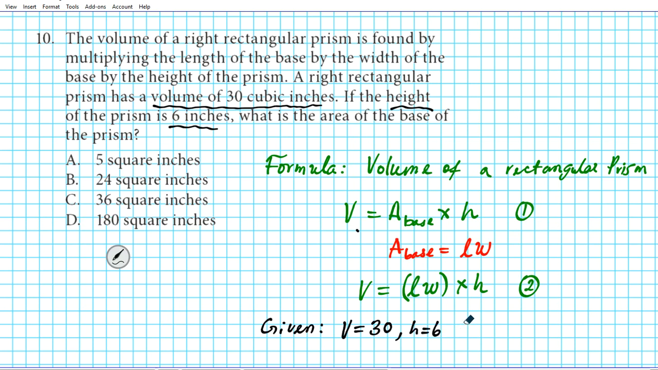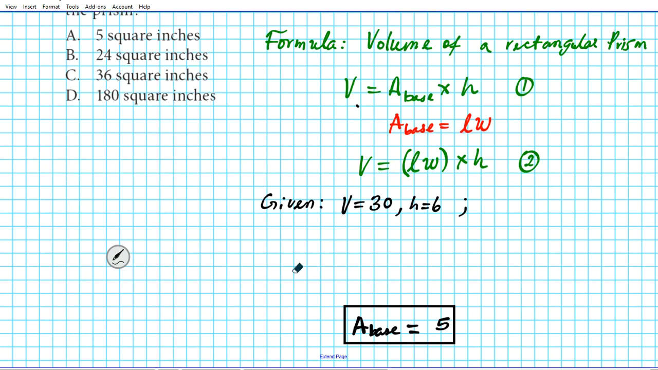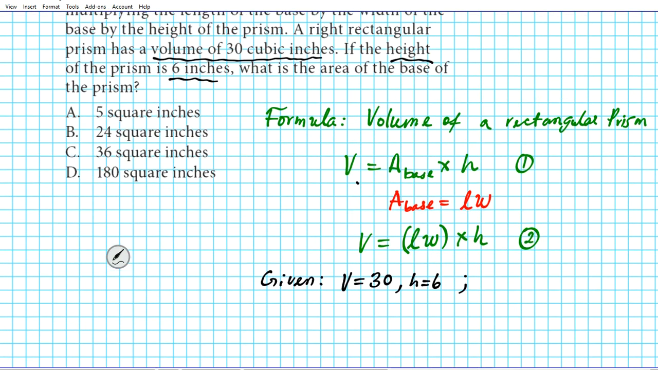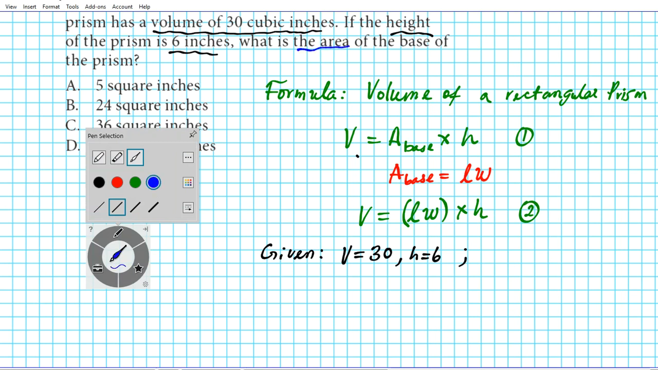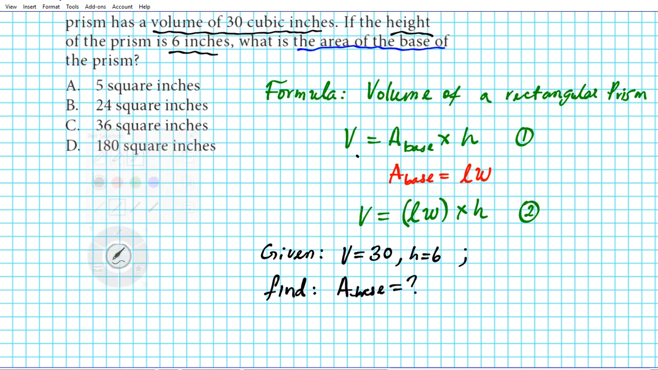We're now asked to find what? Let's look at the problem, the area of the base. So it says find the area. What is the area of the base? Okay, so find the area of the base. So the question is, which formula, 1 or 2, has V, H, and area of base? We can clearly see that formula 1 is the one that we are going to be using for this particular exam problem. Okay, so volume is equal to area of the base